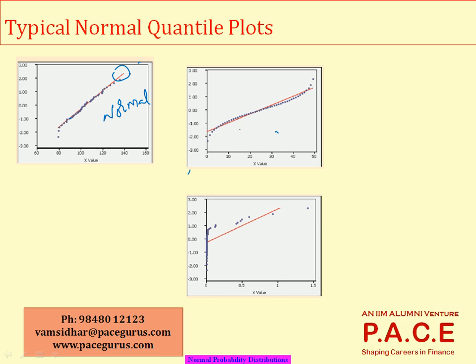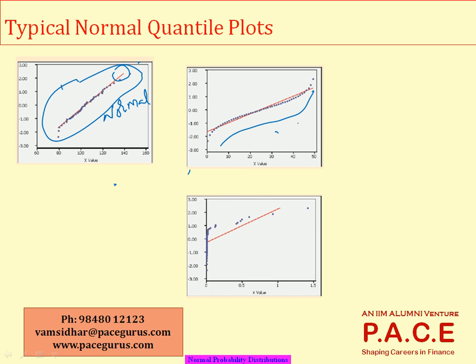Whereas here, almost every point is very close to that straight line. Very much close to a straight line, but I am observing some kind of pattern like this. So if the deviation from the straight line is following some kind of a pattern, then I can very well say that it is not normal. If the deviations exist, but they don't follow any kind of pattern like in this graph, we can still conclude that it is normal.